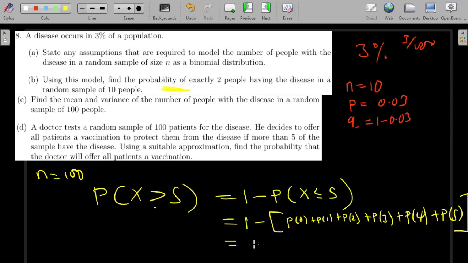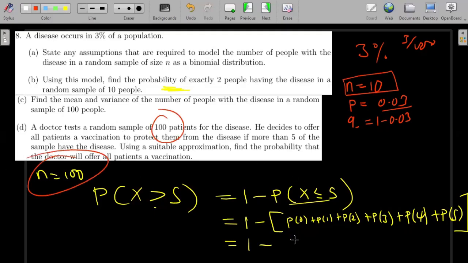But I'm not going to write all that. You can also get this value from the table for the binomial distribution. So the probability that x is less than or equal to 5, for this p-value and the sample size of 100, is simply going to give me 0.9161. So here just subtract, and you get 0.0839. So this will be the probability that the doctor will give everyone there a